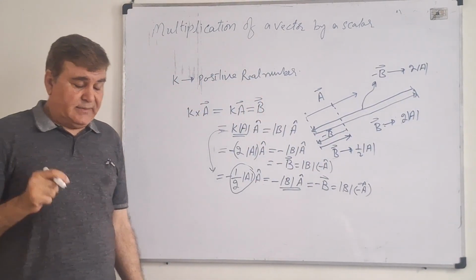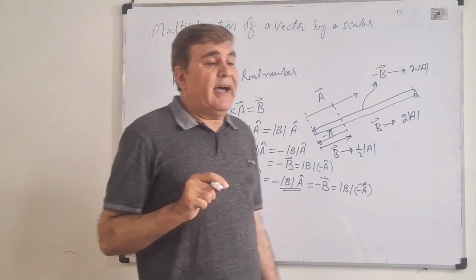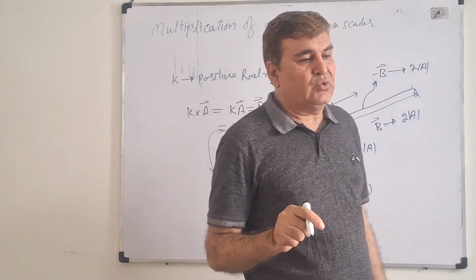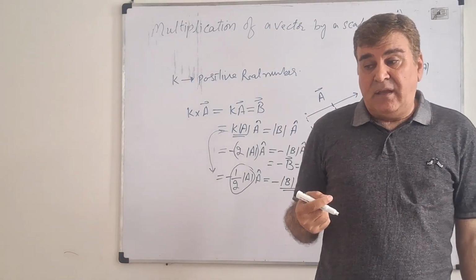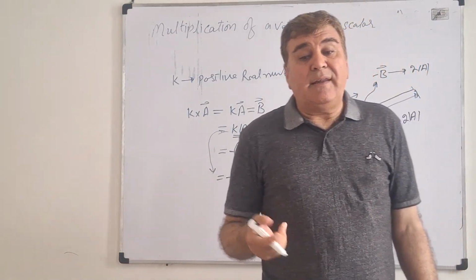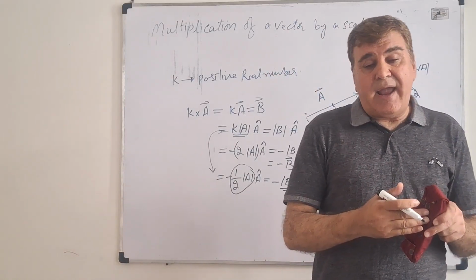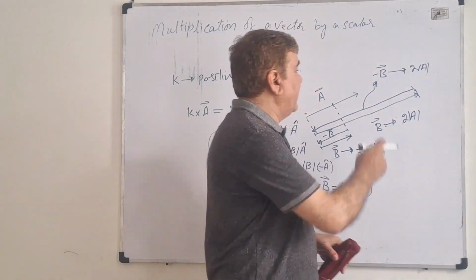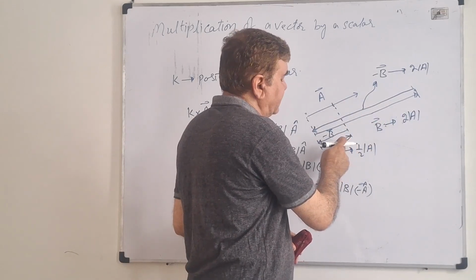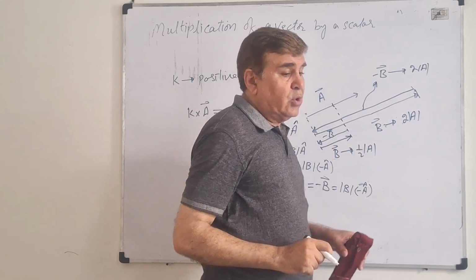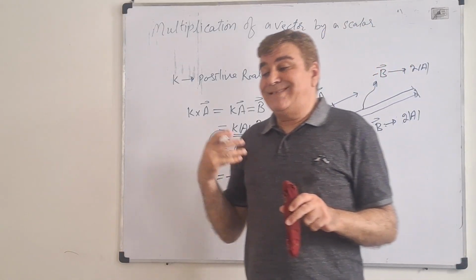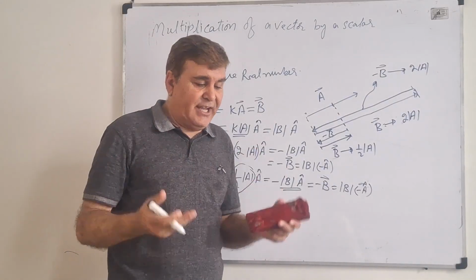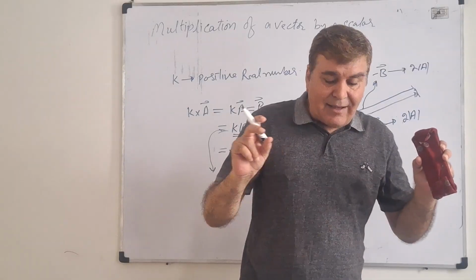So I want to conclude this. When we multiply a vector by a positive real number, the positive real number only affects the magnitude. If it is a fraction less than 1, the magnitude would reduce. And if it is a number greater than 1, the magnitude of the vector would increase. Like in this case, it has been increased. In this case, it has been reduced. So the multiplication of a positive real number to a vector just changes the magnitude of the vector, the length of the representative